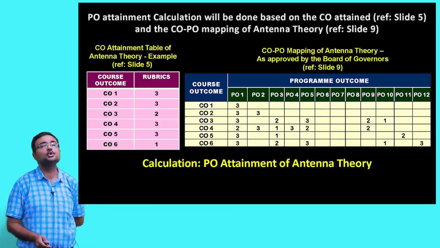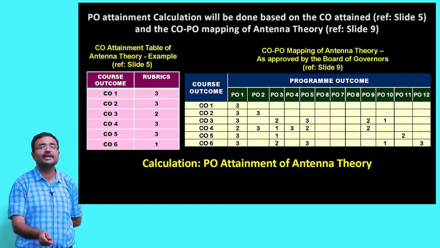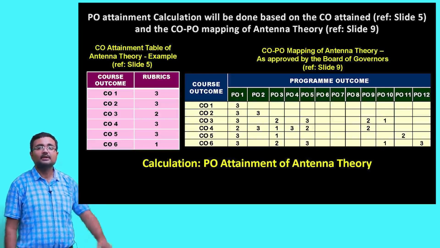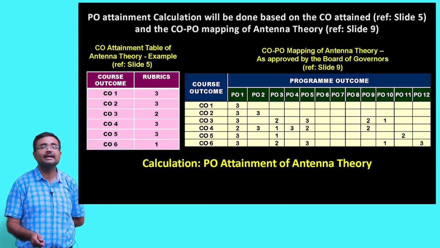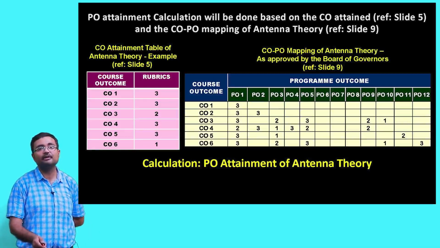Next, these are the 2 things which I have now. One is, you remember the course CO attainment, you remember the rubrics or the measurement that we got 3, 3, 2, 3, 3, 1, that is CO1 attainment was 3 high, CO2 the attainment was 3 high, CO3 was that software part, attainment is 2 moderate, you remember that slide, CO4 attainment is high, CO5 attainment is high, CO6 that is the creation was not highly attained, it was only 1 degree of attainment, creation of antenna, and it was evident from the marks.